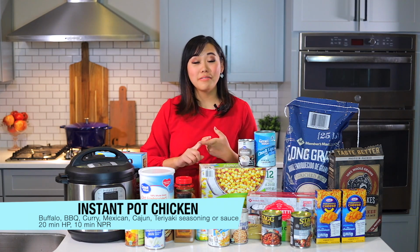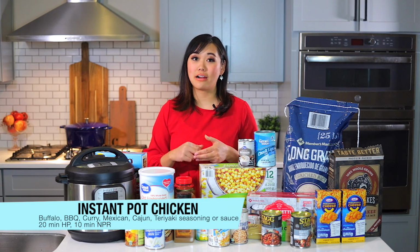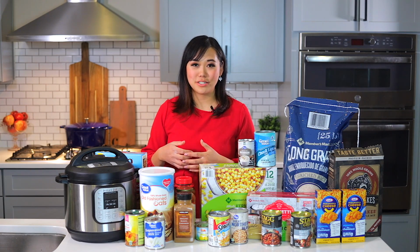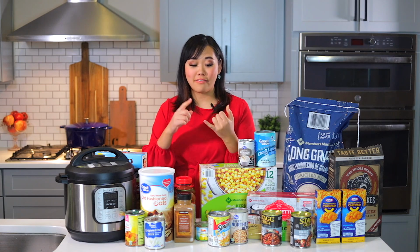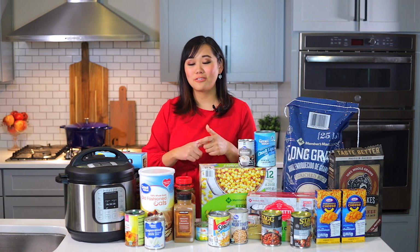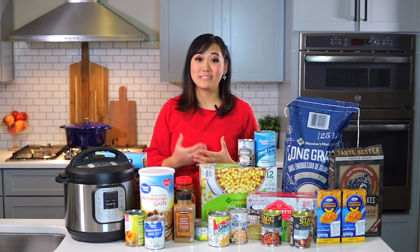We like doing buffalo chicken using buffalo sauce. You can use barbecue sauce or teriyaki sauce, and then you just add the sauce and cook it for 20 minutes with a natural pressure release. And then you can shred it up, add more sauce, and you can have buffalo chicken, barbecue chicken, teriyaki chicken, and you can serve it on rice, bread, rolls, tortillas, salads, and that is a really easy, simple meal